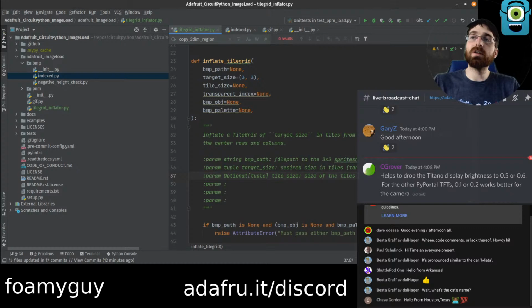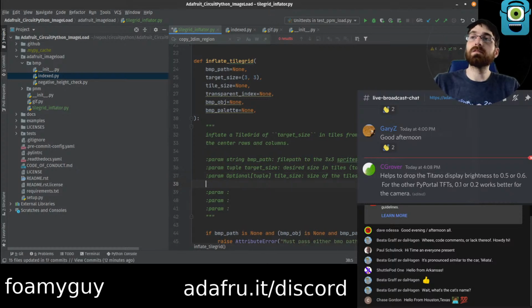In the 3x3 sprite sheet. If none is used, it will equally divide the width and height of the bitmap by 3.